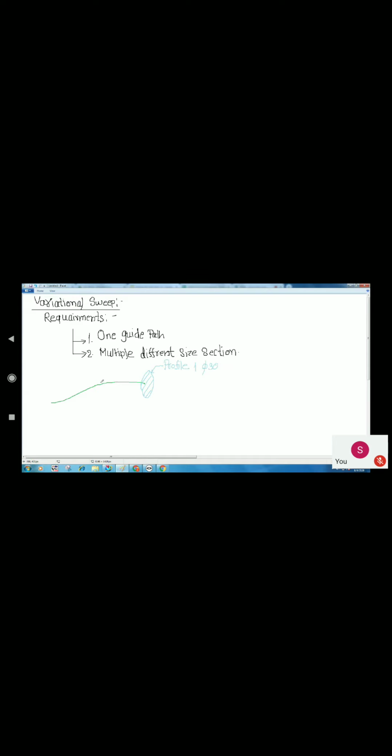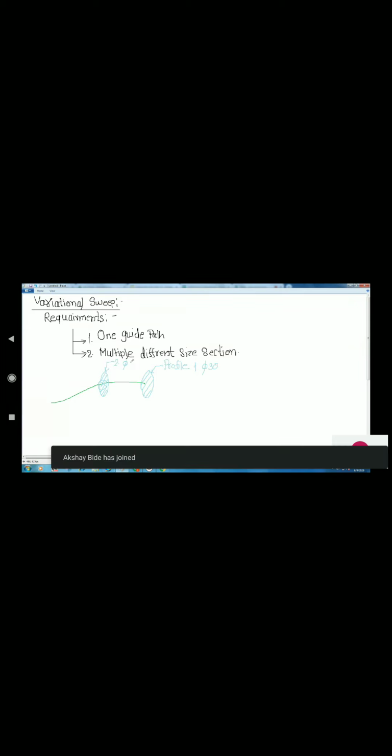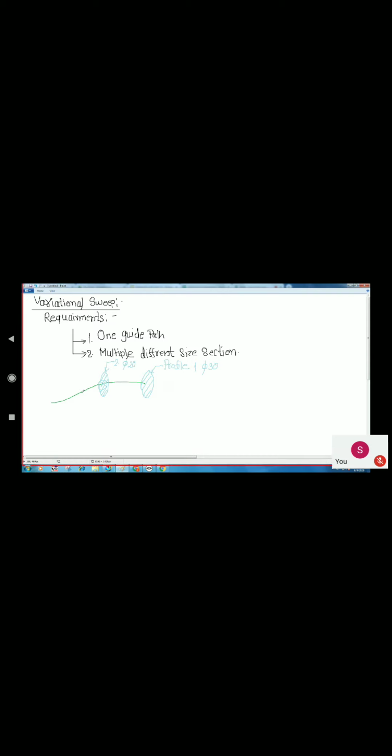The second section I want to plot here at the exact center. At that location the size is different. Let's say that size is profile number 2, 20, and the end section I want to plot here at the end, and that section is again the same, because the section you cannot vary, only the same cross sections we can generate, but the size can be varied.